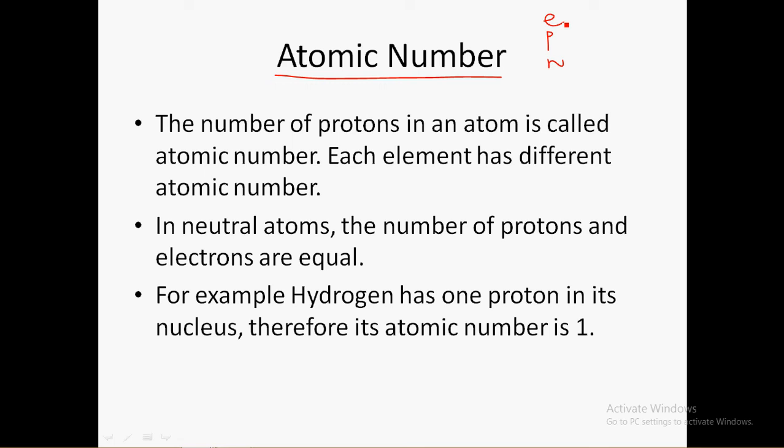So the atomic number, or the number of protons in an atom, is called the atomic number. So the number of atomic protons that are found in the nucleus of a certain element is called the atomic number. Tirada protonska ee ku jira nucleuska uu leeyahay another element ayadana waa atomic number. So each element has a different atomic number, so they are totally different.